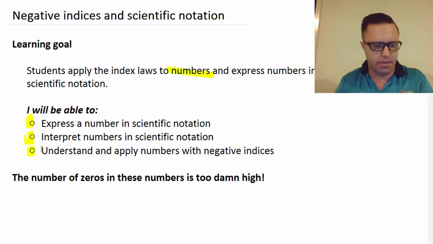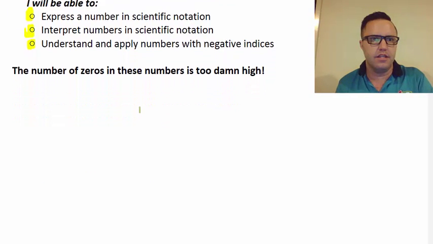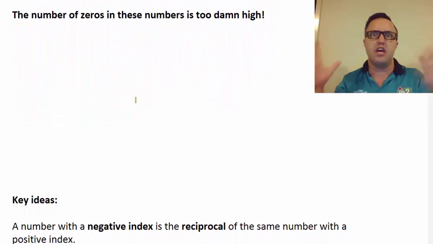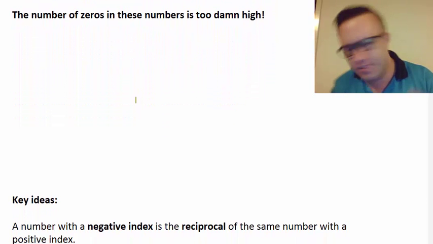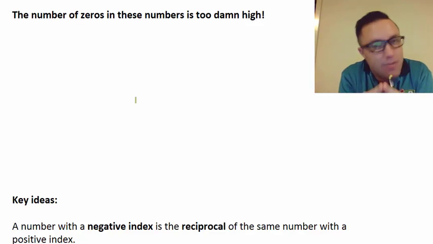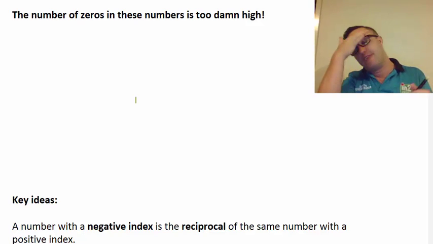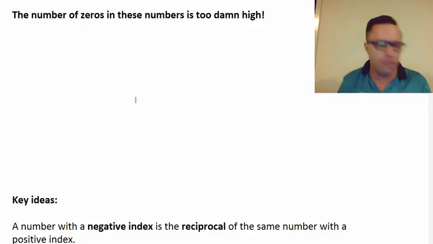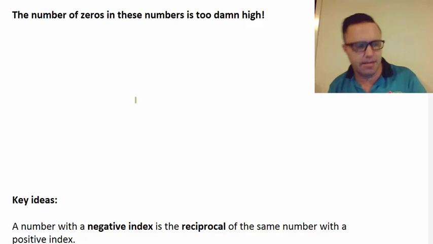Okay, so the number of zeros in these numbers is too high. Now, in science, a lot of the times we need to deal with humongous numbers and teeny weeny ones. And so whenever that's happening, there are sometimes a lot of zeros that we need to deal with. So for example,